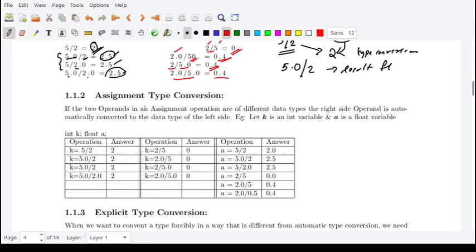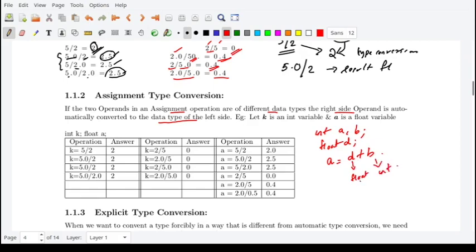If two operands in an assignment operation are of different types, then the right side of the operand is automatically converted to the data type of the left side. So if I am writing int a, b and float d, and I am doing a is equal to d plus b, this d is float, b is integer.